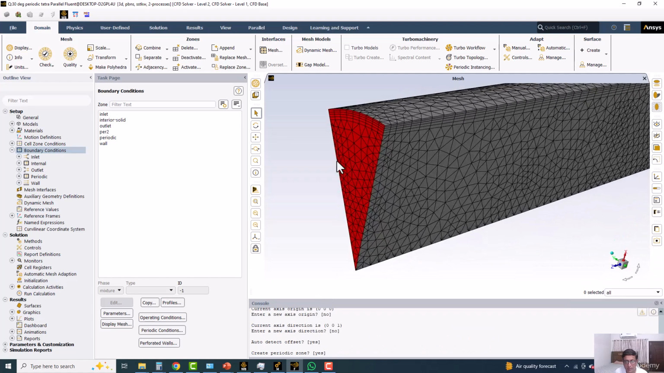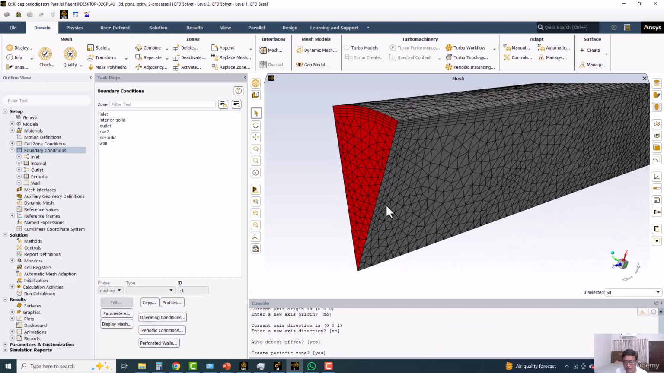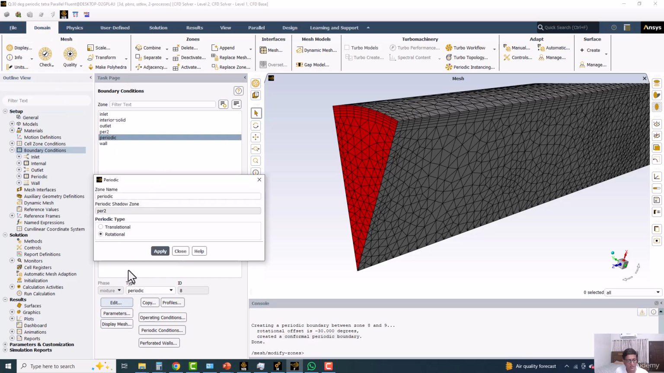So both sides have the same mesh. Exactly the same mesh means that every location and number of cells are exactly the same. If they are not the same, then Fluent will create the non-conformal periodic boundary. Okay. So now you can display, but definitely you need to change the name of the second periodic condition